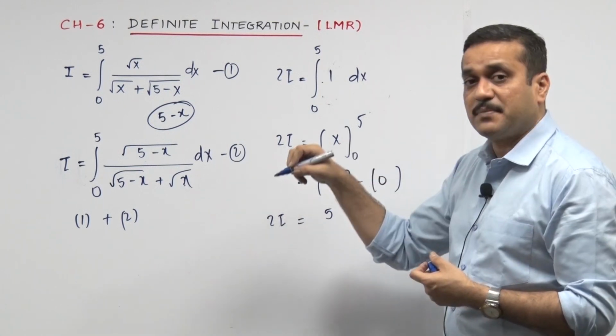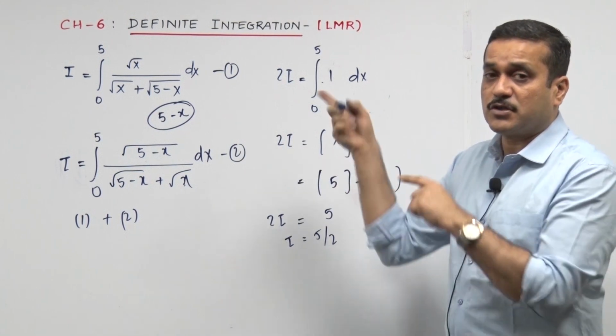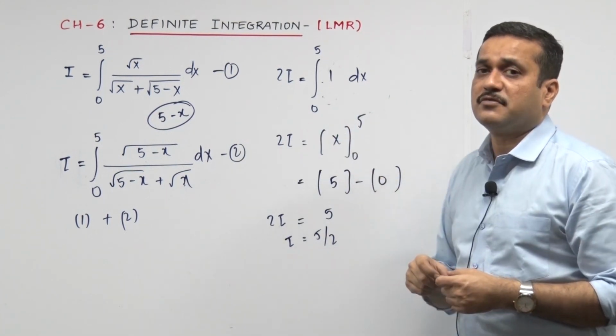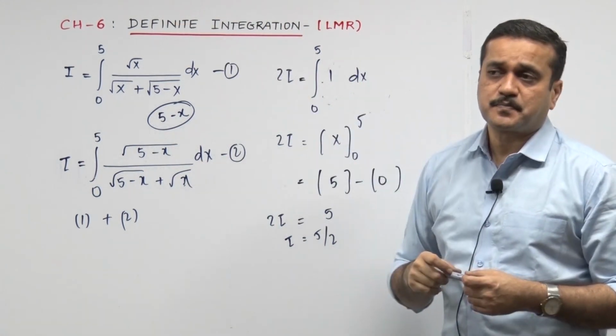And that's why I need to keep writing I. The I is equal to 5 by 2. The answer was double because you add the two integrations, so the answer is going to be double. So that's 2I. The I is equal to 5 by 2. We were supposed to find the I value. We said that the answer is equal to I.